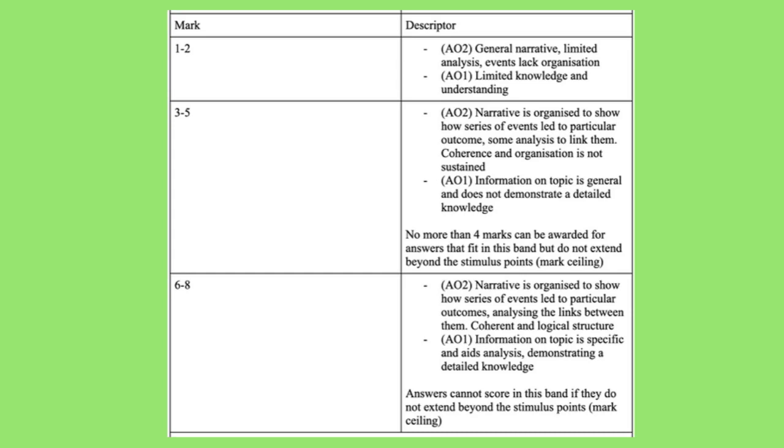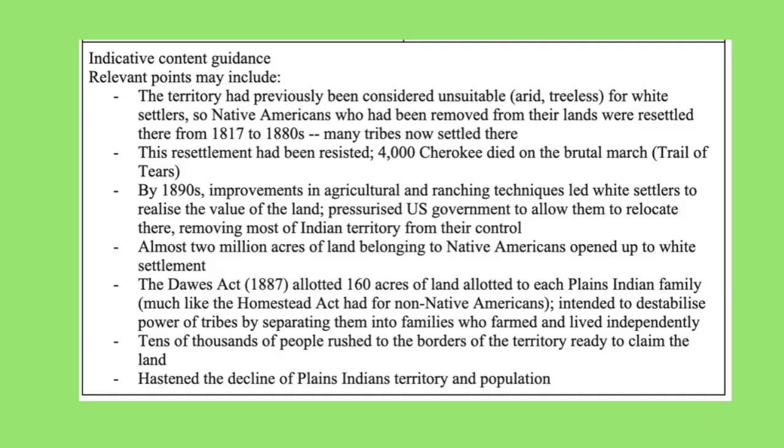Generally speaking though, to score highly in this question, you need to analyse the links between the events that led to this particular outcome. It's not just about listing one event after another, but showing that you understand the importance of all of those things that led to this particular event. You also need to use your own knowledge to show a really good understanding of the topic. There are many different points you could have made when answering this question, so as long as what you say is relevant and correct, the examiner will give you the marks.